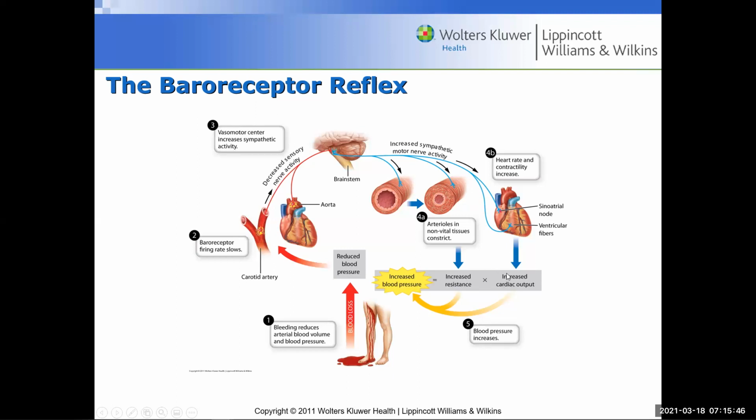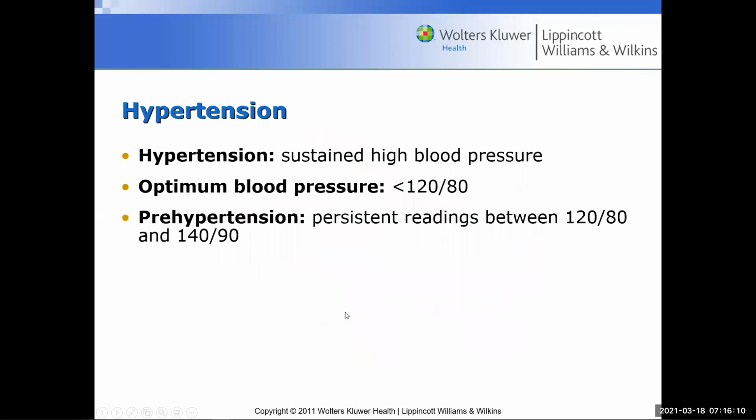an increased cardiac output. So the increased resistance, right, brought about by the stimulation from the vasomotor center on the arterioles, increases the resistance. You have an increase in cardiac output via the stimulation, and this collectively increases your blood pressure. So therefore, there is a maintenance of the blood pressure, irrespective of the fact that you do have a change in blood volume. Now, of course, you could have some issues arising from increased blood pressure, and this is known as hypertension,